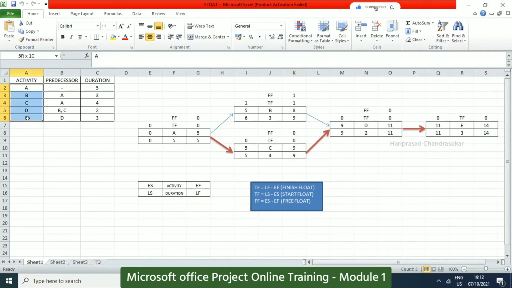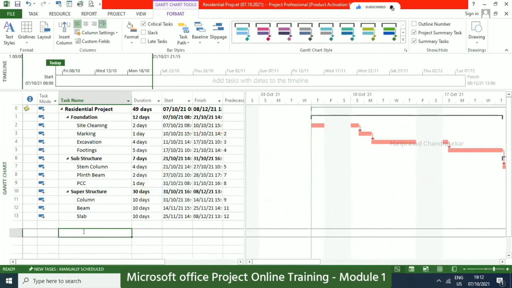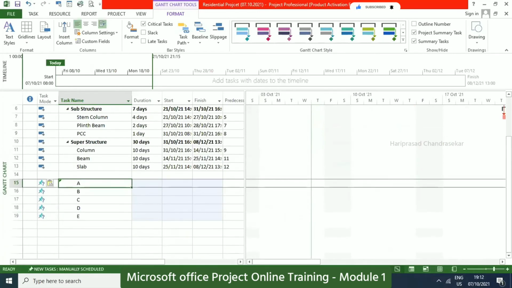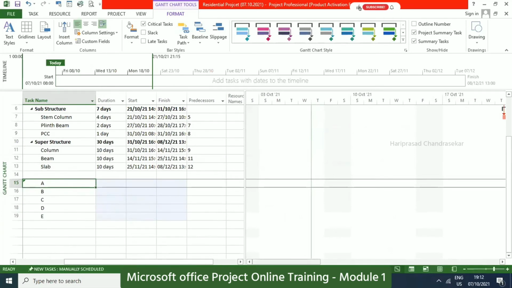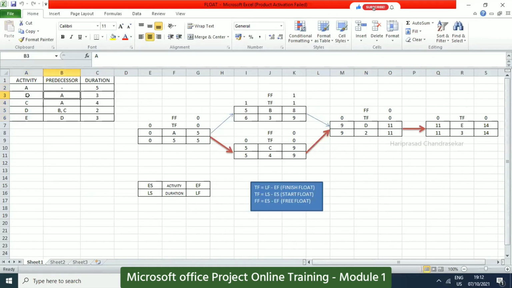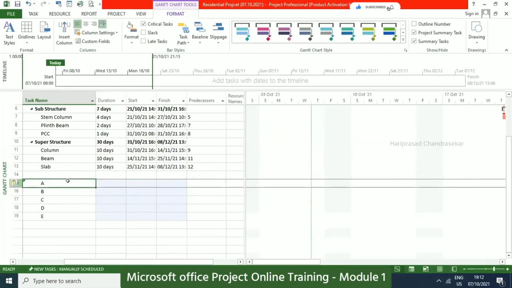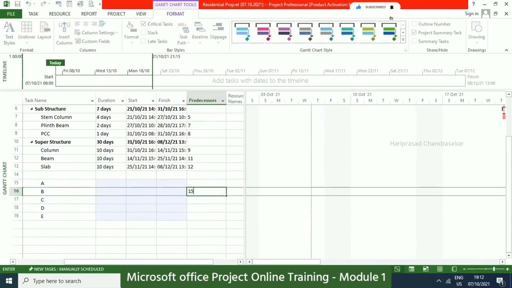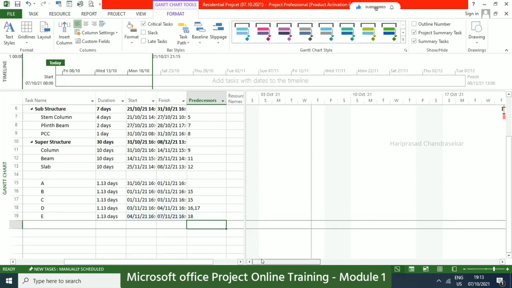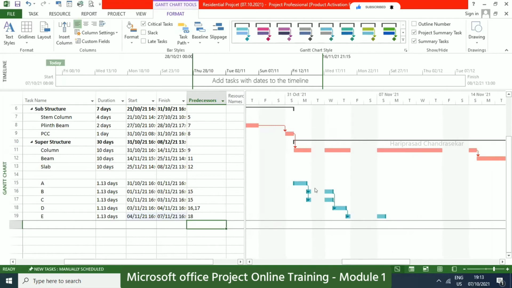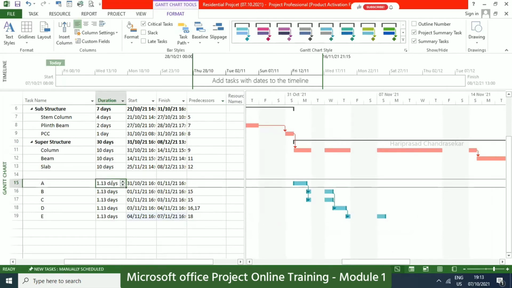Okay, now this we can just Control C. Like this also we can put. So I will put Control V. Okay, and then I will go to predecessor, right? Here for predecessor we can't Control C, Control V. Otherwise, we can refer to it. See, for B we have A, and then A, you need to take which number, 15, na? So you need to put the 15 here. Like this also we can put 15, 15. Okay, and then B and C, we need to put 16, 17. Okay, and then here we will put 18. So like that we will get these things. Okay, so duration we are not putting, it is automatically taking.